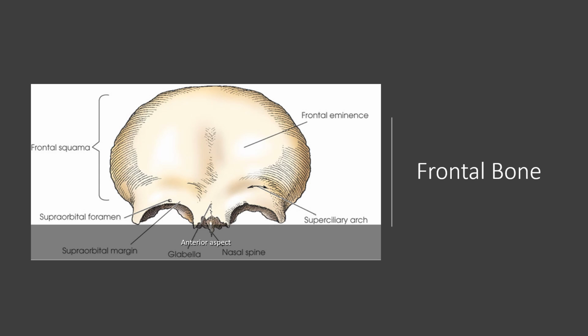The frontal bone has a squamous portion. The squamous portion of all of our bones, that just means it's the flat bone portion. It's the part that spreads out on basically a flat surface. Now, that being said, there's a frontal eminence. If you actually test the shape of your forehead, if you start palpating your forehead, which is where the frontal bone is, you will notice that